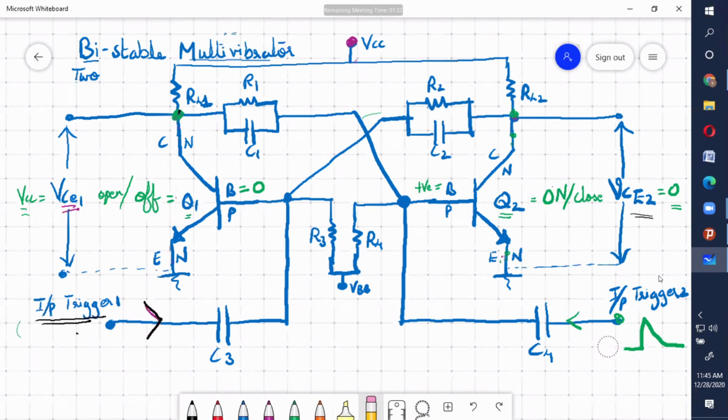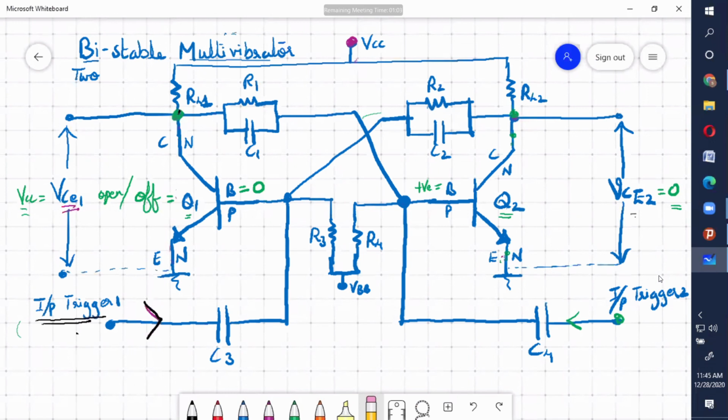Is it clear, students? Have you noted down the circuit diagram? You have to write this circuit diagram and explain each time which transistor is on by applying a trigger. If you apply trigger 1, which transistors are on and which are off, and how the output changes to 0 and VCC, you have to explain it. Any doubt? And you also have to write the waveform. So for this, circuit diagram, explanation, then the waveform you have to write.